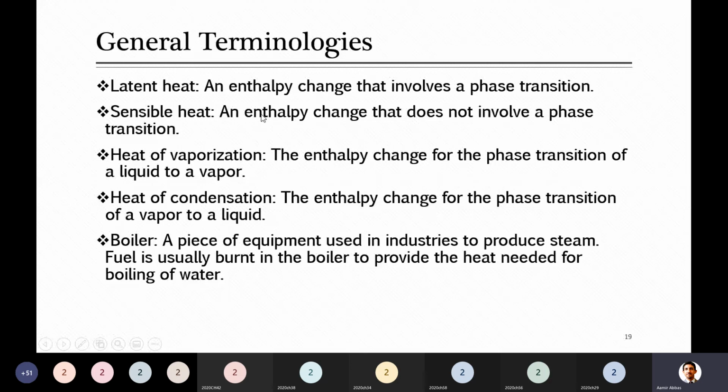Latent heat is the amount of heat involved when there is a phase change. Phase change is taking place. So enthalpy change, or enthalpy, you know that this is one type of energy. So we studied at that time the amount of heat involved when there is a phase transition, a phase change. Sensible heat: no phase change, where there is no phase change in temperature. For example, I gave you the example that you raise the temperature of water which was available at 20 degrees C, if you heat it up in a room which is at 100 degrees,